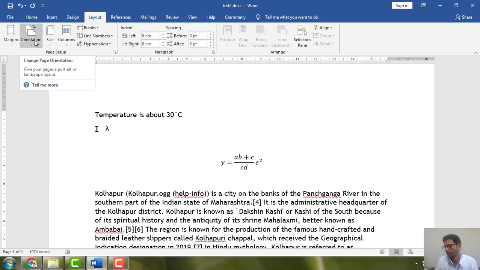Orientation. Once you want to print, suppose this is the page that you want to print. This is portrait. This is landscape. That is how you want to print. So now I have printed in a portrait way, but it is also possible to print in, you know, horizontal, or what we call as landscape. So this is how it will come. So this is landscape,